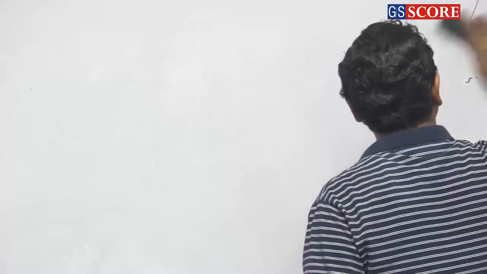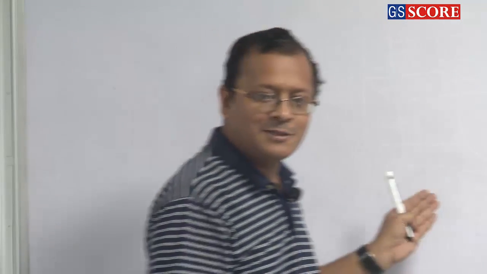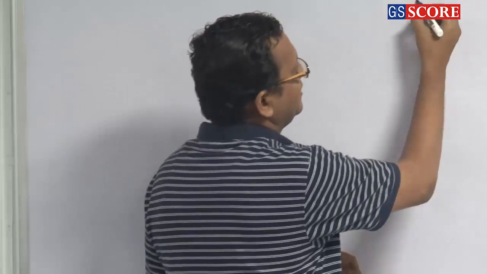I do syllogism only by Venn diagram, but I keep my mind open. I consider all possibilities, right? And then I keep my mind open. But I just remember 4 things. I will just write those 4 things, and I think all the questions of syllogism will be done. But those 4 things have to be very clear, and you should remember that. First thing,